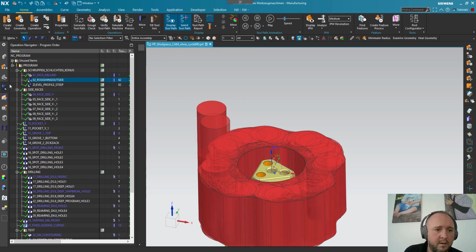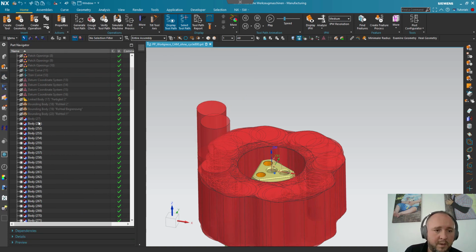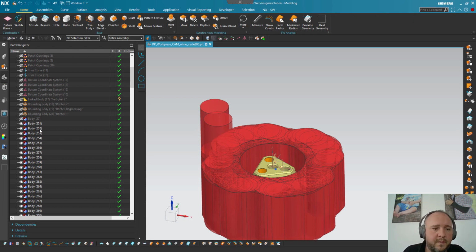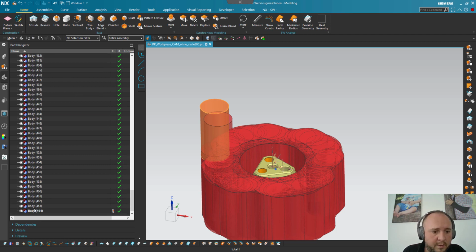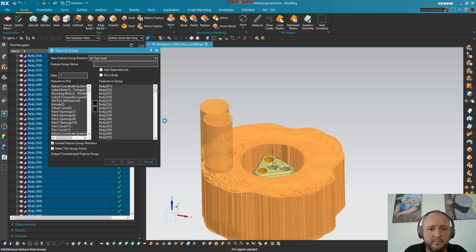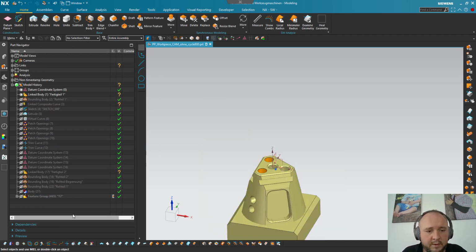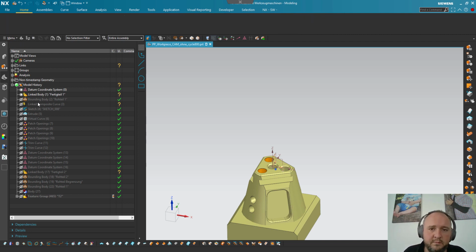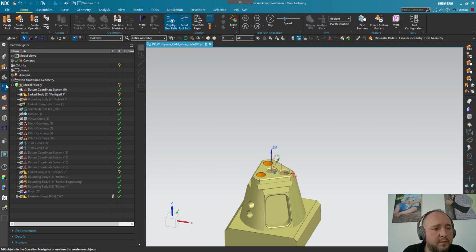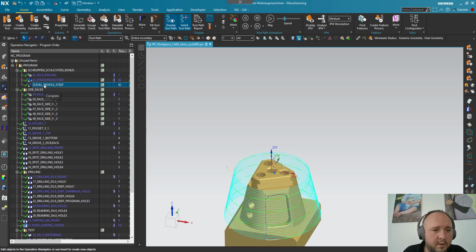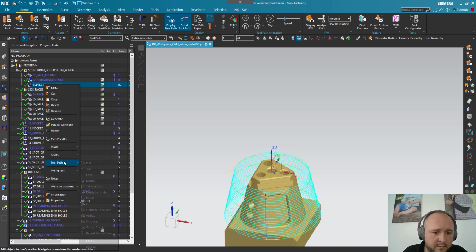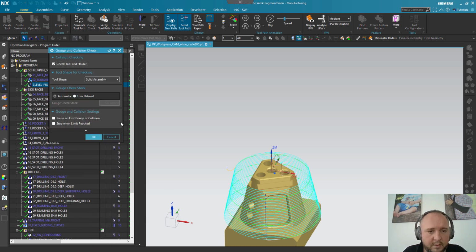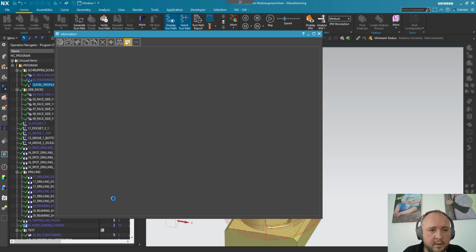So say OK. Now I go here and have a lot of bodies. So I switch directly to the construction, select all my bodies and put them into my feature group, and say it's number 2, doesn't matter. So, and deactivate it. So go back to the manufacturing mode. And say now I want to set level profile here. Just say exactly the same. Gouge check, user define 20 millimeters. Say OK, continue, and